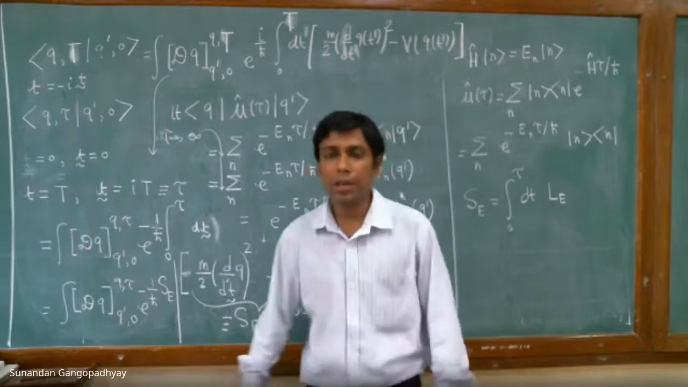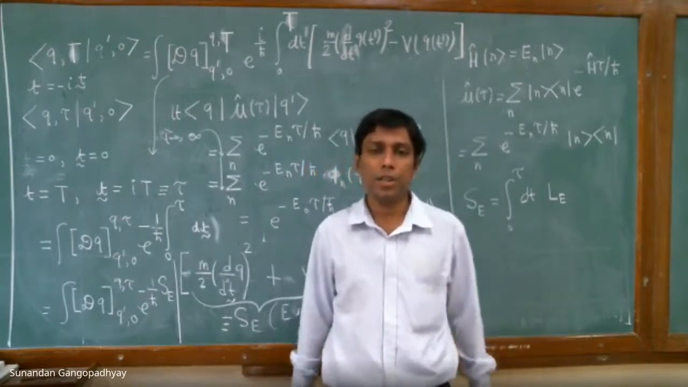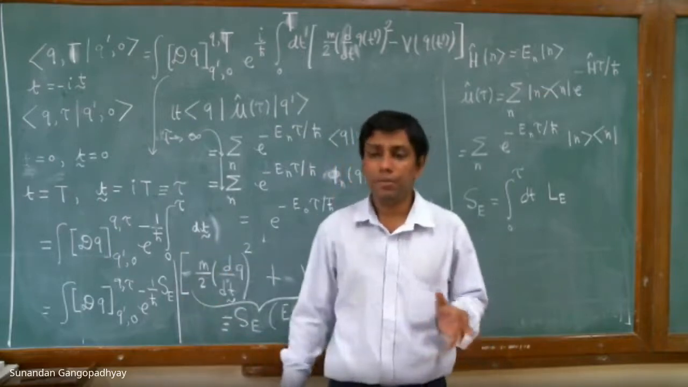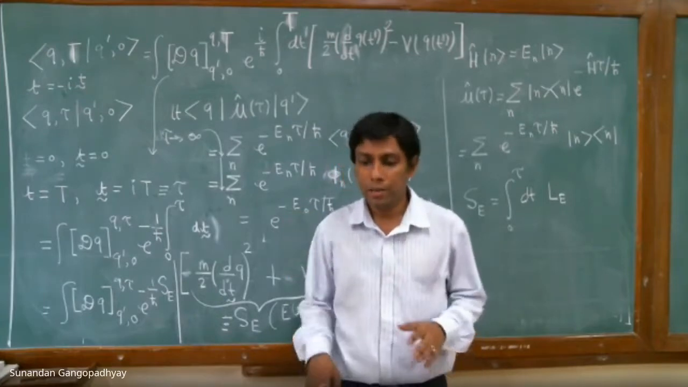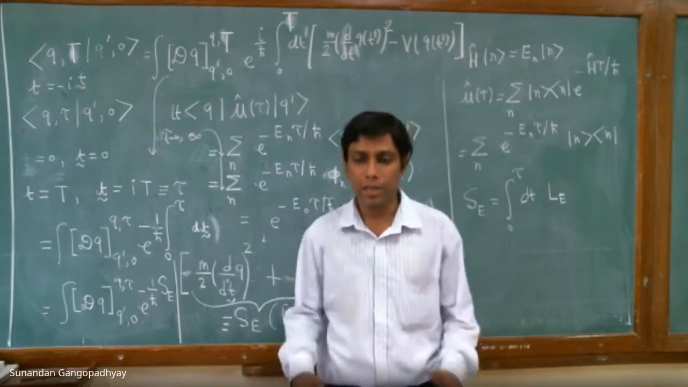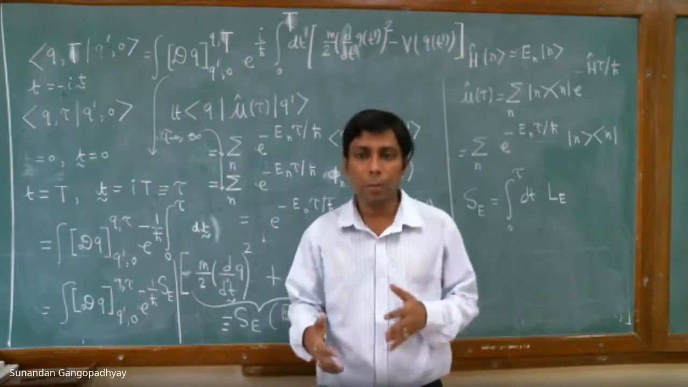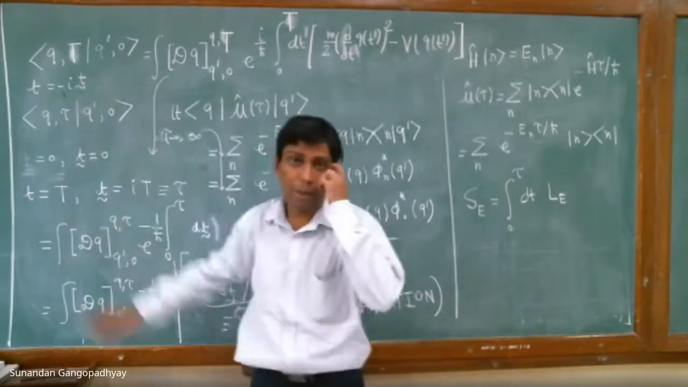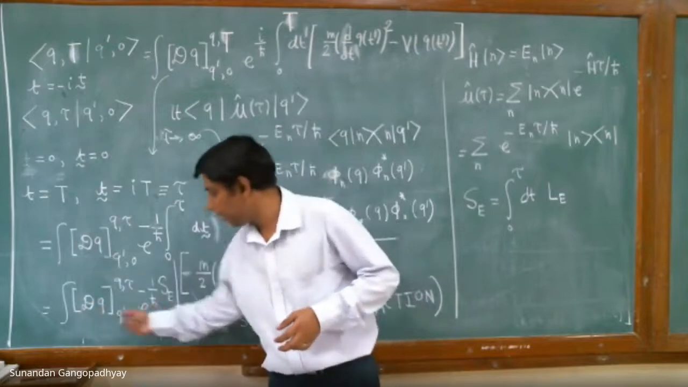So what we have learned in today's lecture is that, apart from the retarded and advanced Green's function that we discussed in the first part of the lecture, in the second part of the lecture we are now looking at the imaginary time formalism. And what is the imaginary time formalism? It is basically an analytic continuation of the time variable. And when you make the time variable complex and go to imaginary time, then you can get an expression for the propagator,